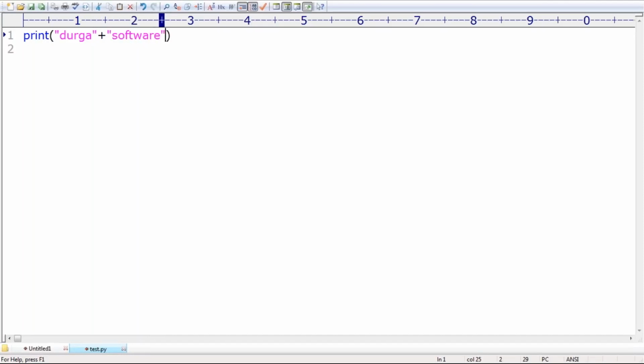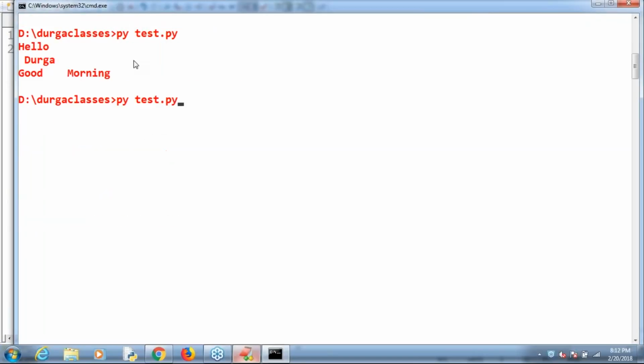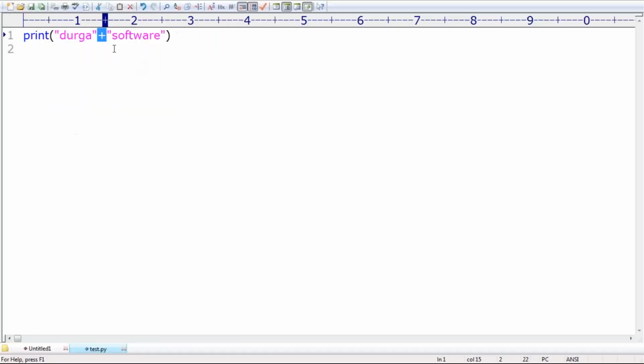Are you getting "Durgasoft"? The plus operator is meant for concatenation. Whenever we use the plus operator between strings, both arguments should compulsorily be string type only. Remember that. Now, what is the output we get? Durgasoft. So in this string argument, the plus operator can be used, and even the star operator.